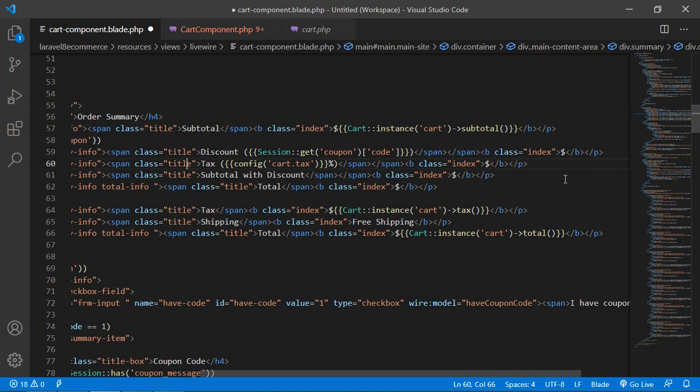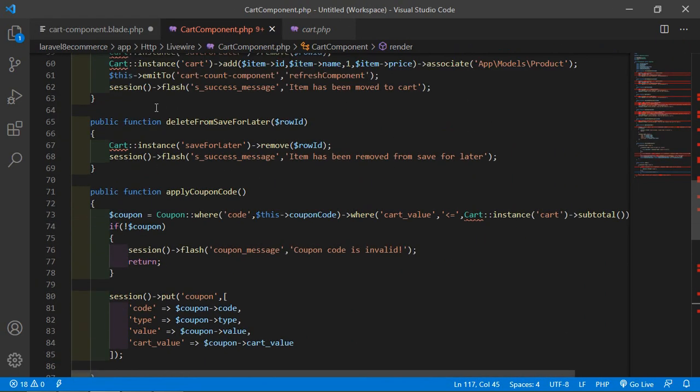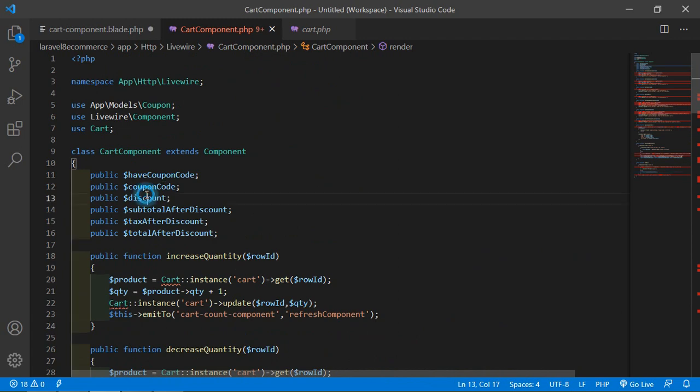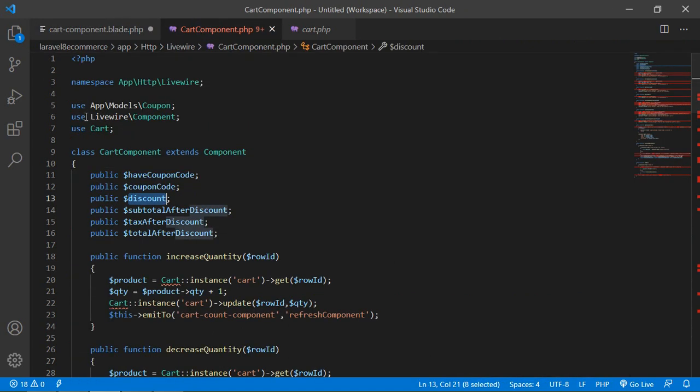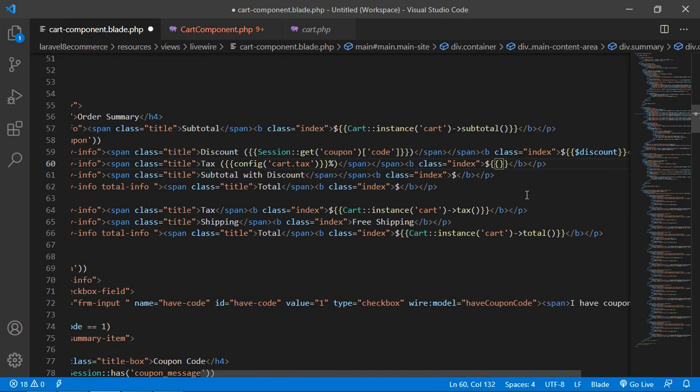for displaying that discount, just write the dollar sign, double curly bracket and $discount, this property name. Okay, this one, discount. And for displaying the text, just remove this dollar sign and add double curly brackets, and also add the dollar sign before this curly bracket, and let's copy this property name tax after discount and paste here.